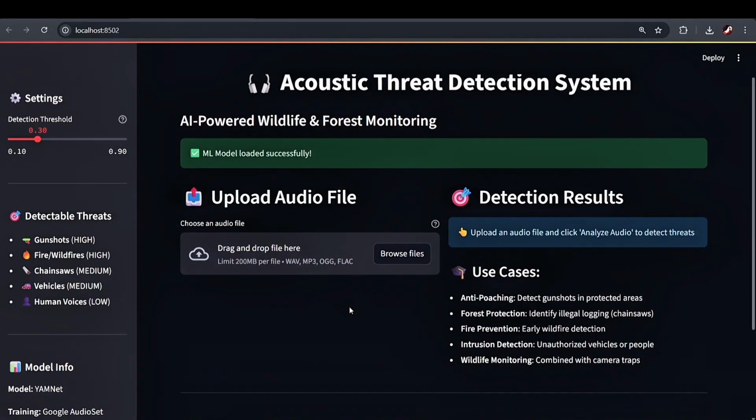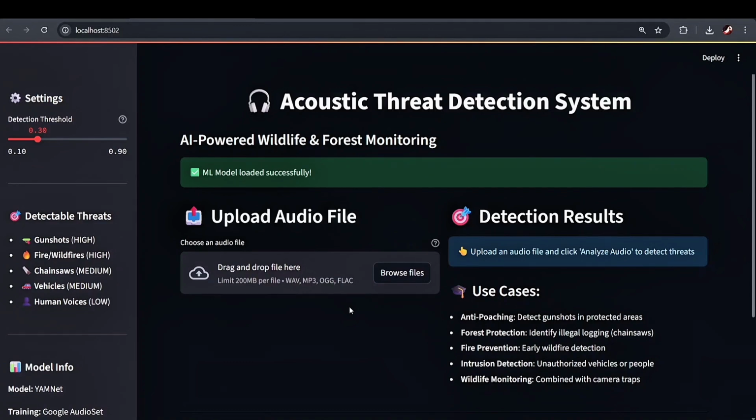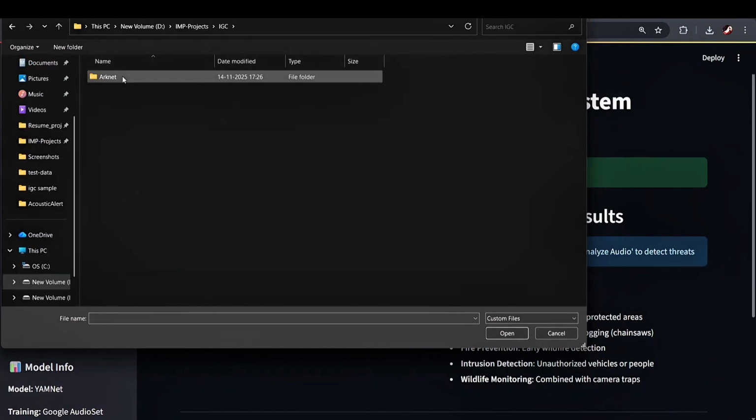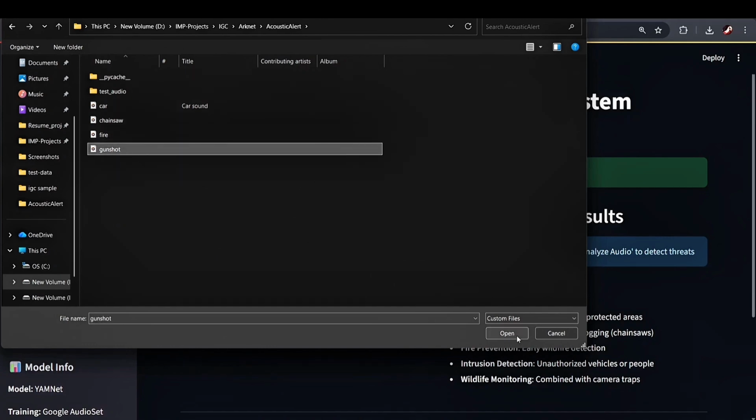The second system is the audio threat detection system. It identifies gunshots, car noises, chainsaws, vehicles, and human noises. I will drop some test samples here.